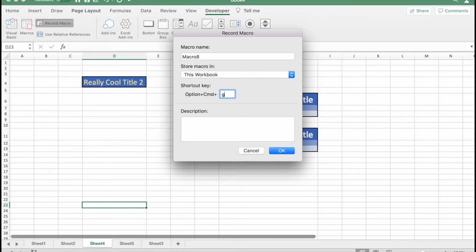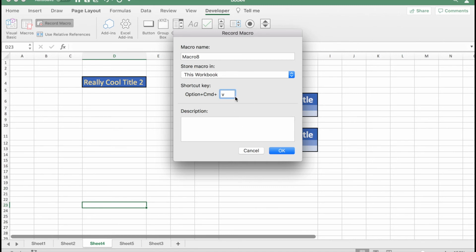or T, or G. Now those are all fine, but what I like to personally do, just because it's a little bit safer, is to make sure I put a shift in there. And notice how on a Mac, it now shows Control plus Shift plus F. The reason I want to put that in there is because, let's say for instance I do S. Well, the shortcut key in Windows is just Control S, right? Or let's say C. And then the shortcut